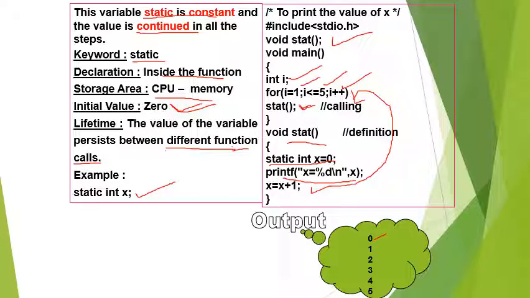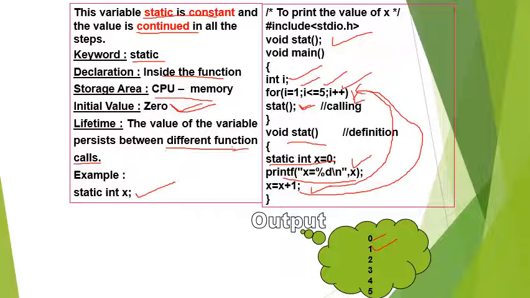So what is the value of x it is carrying? It is 1. So it will come to the stat function, and from there it will print the value 1. Now from there it will make the value 2, 1 plus 1, and then it will again return to the main function.